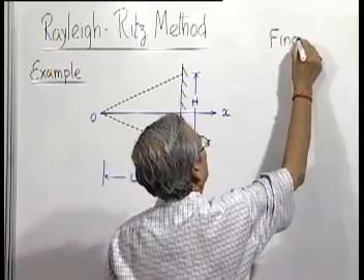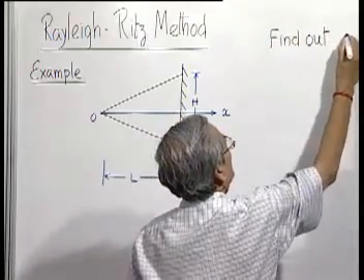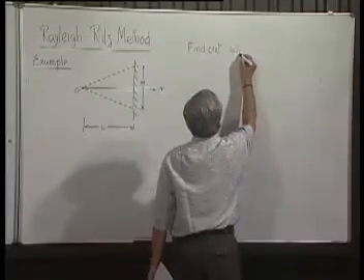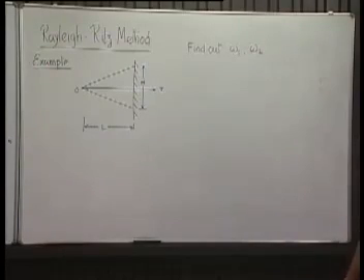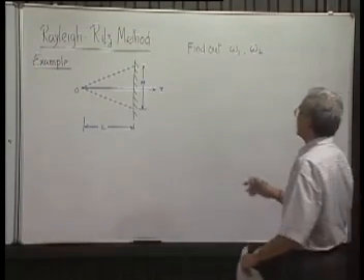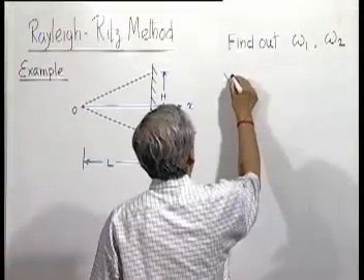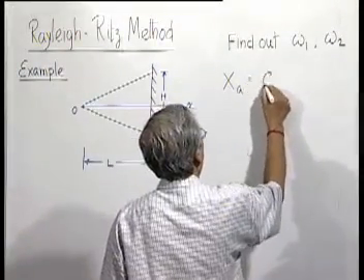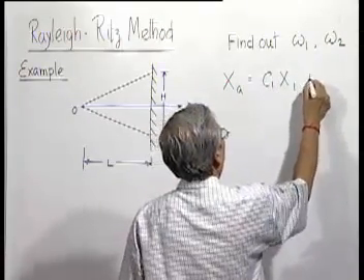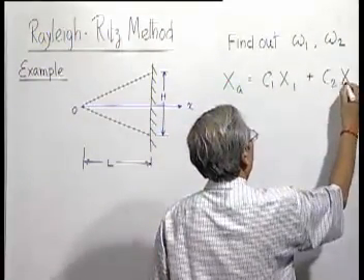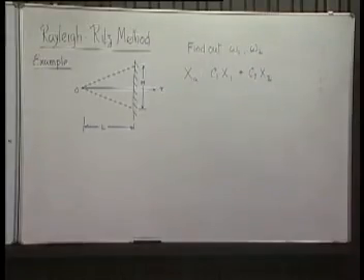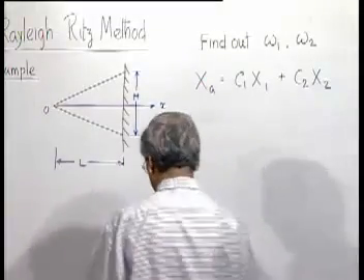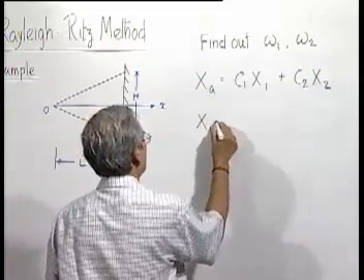say omega 1 and omega 2 only. So therefore, we would need only 2 terms in the expression for X, like this. And X1 and X2 should satisfy the boundary conditions, at least the geometric ones. So what we do, we select X1 as